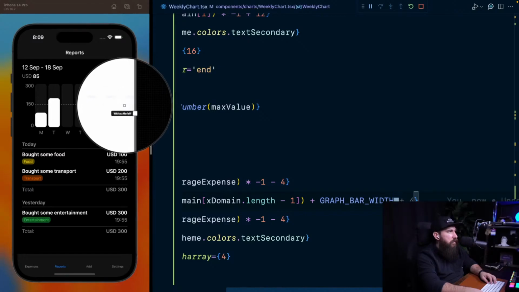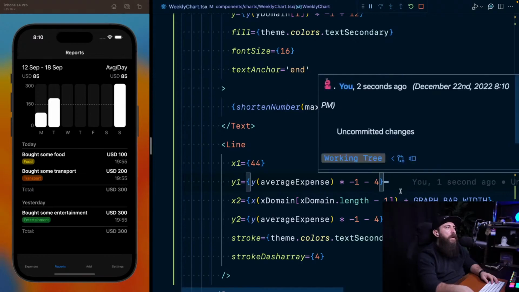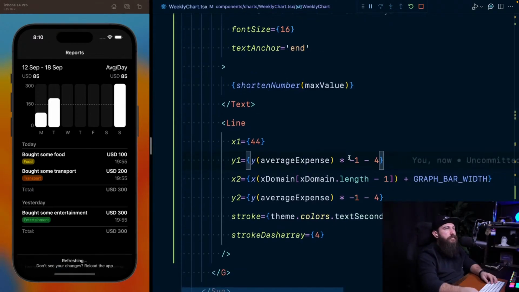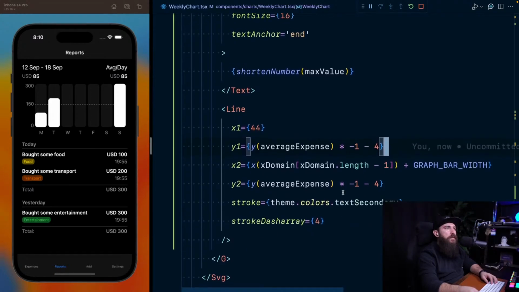I'm not sure you can see that. But yeah, it ends exactly here. Nice. Okay. There we have the average line. Sweet. Well then, we are pretty much done with the weekly